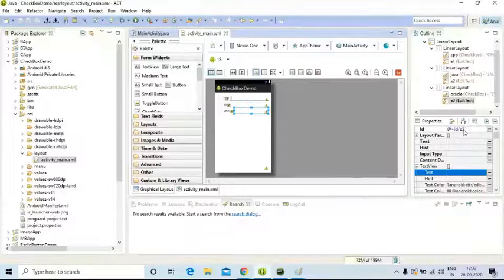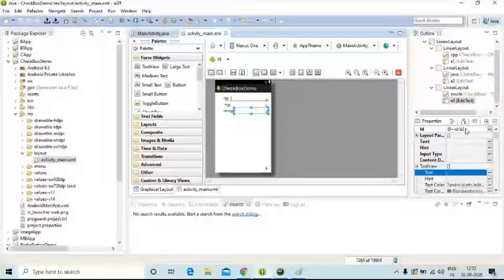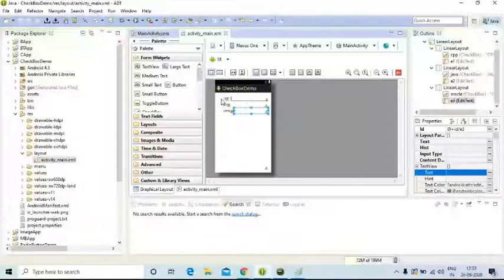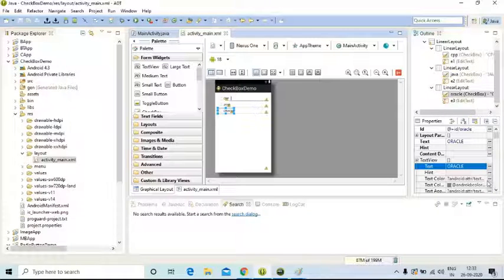Now these IDs are r.id.e1, r.id.e2, r.id.e3. This is r.id.cpp, this is r.id.java, this is r.id.rk. One of the students asked in a session: what is the difference between ID and text? ID is the unique ID given to the resource, I mean to say that component. This should be unique. The ID given to one component will not be the same as another component.